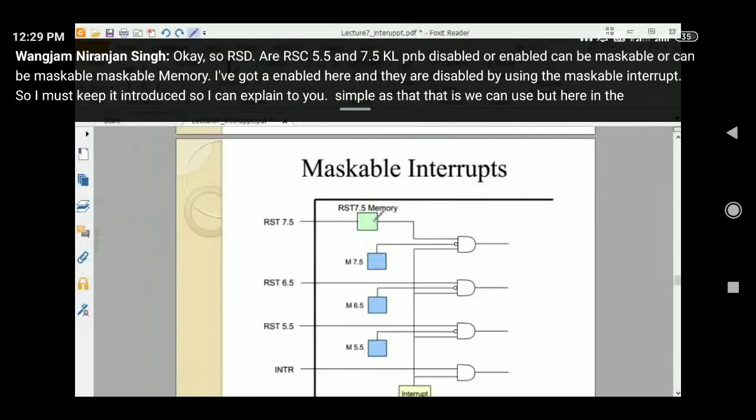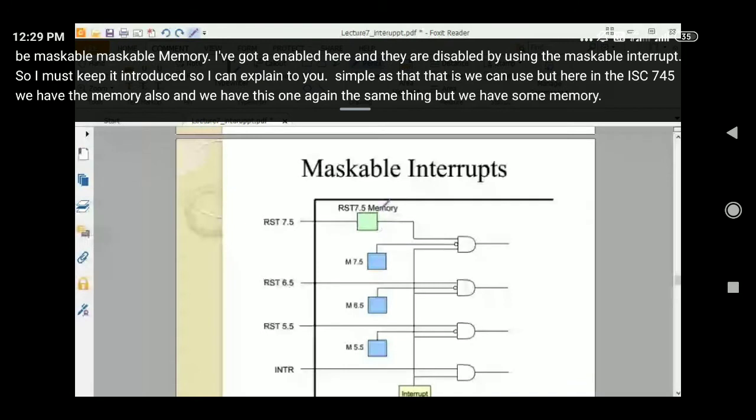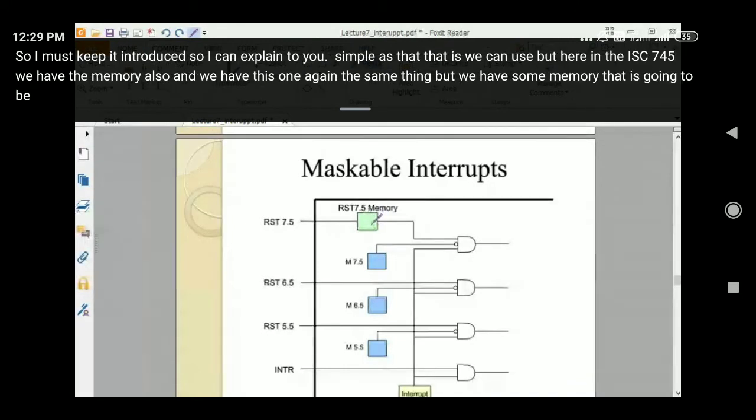Again, the same thing, but we have some memory, which will come in the next topic. Why did memory come in here? Basically, it is for storing some information.